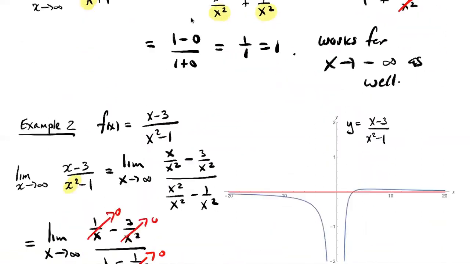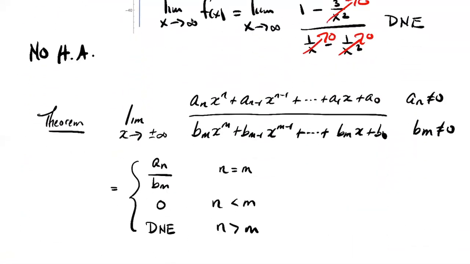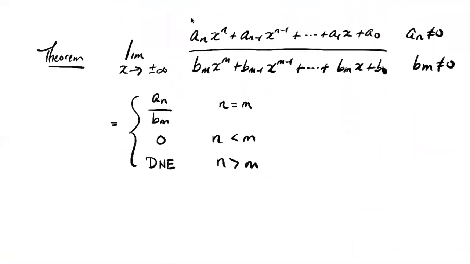So I'm going to scroll back down and summarize this. It's not a theorem in your book, but it's a handwritten theorem. If you take any polynomial, a polynomial is just powers of x times numbers, the coefficients, and there always has to be a highest power of x. That's called its leading term. The coefficient of the leading term is never 0. That's why it's the leading term. So here I've got a general rational function, a polynomial of degree n over a polynomial of degree m. And like in example 1, if n and m are equal,